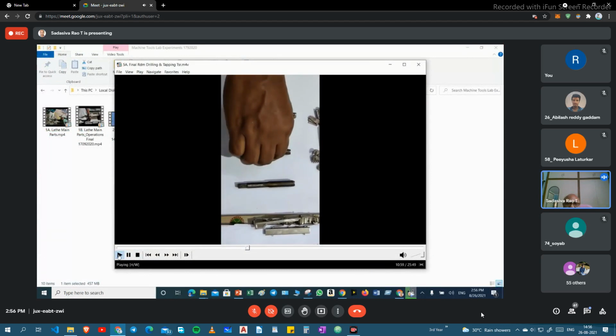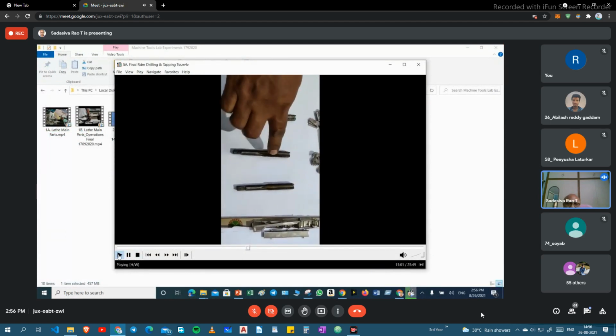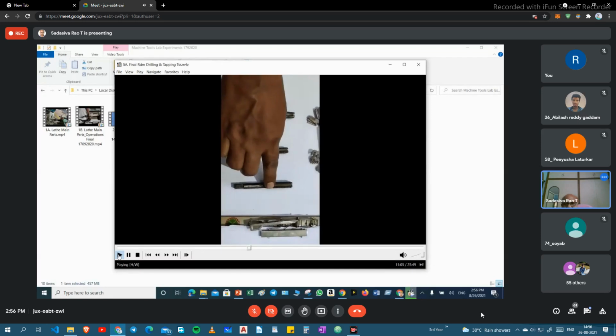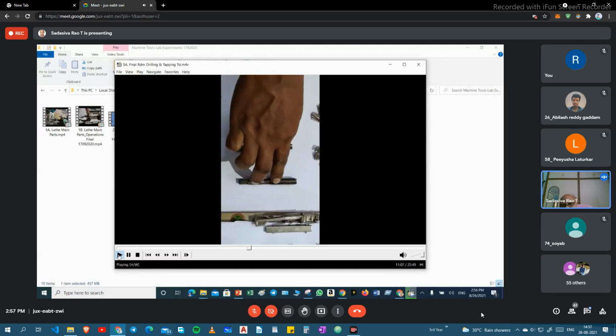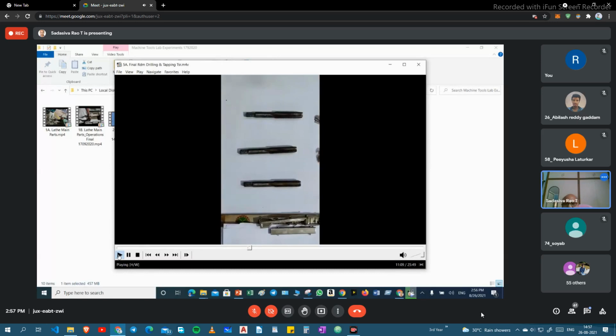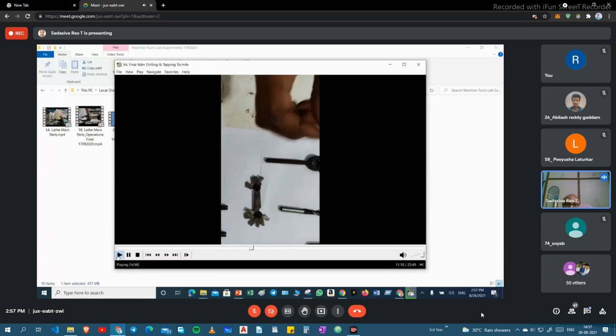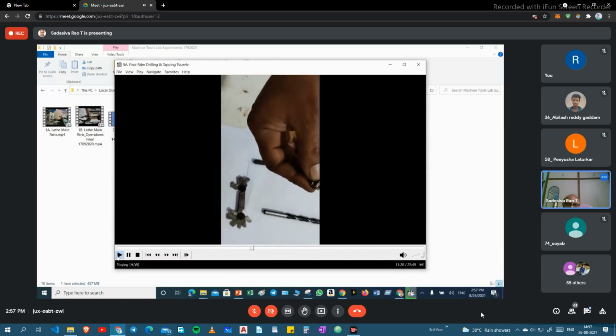This one is the second tap, or intermediate tap, or plug tap. And this one is the third tap. It is called the bottoming tap also. Especially it is for doing blind hole tapping. And this one is the first tap. It is having up to 7 threads taper.